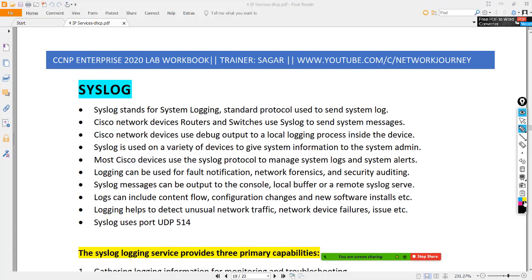It's an easy topic. It's only about how it works and what the package structure is. Let me quickly walk through the points. Syslog server is nothing but system logs or system logging. It's a standard protocol used to send system logs. So all your routers,